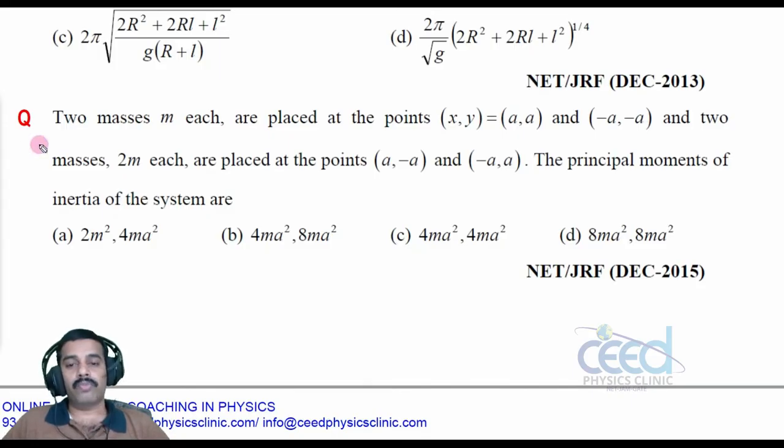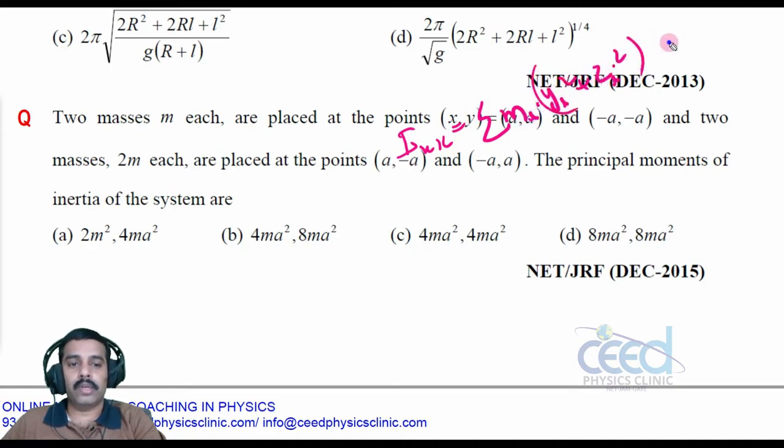So the expression for principal moment of inertia: what is Ixx? Ixx is equal to sigma mi into (yi square plus zi square), right? For the first case, this mass is equal to m. So m into, this z coordinate is 0, y coordinate is a, so a square, plus a square,